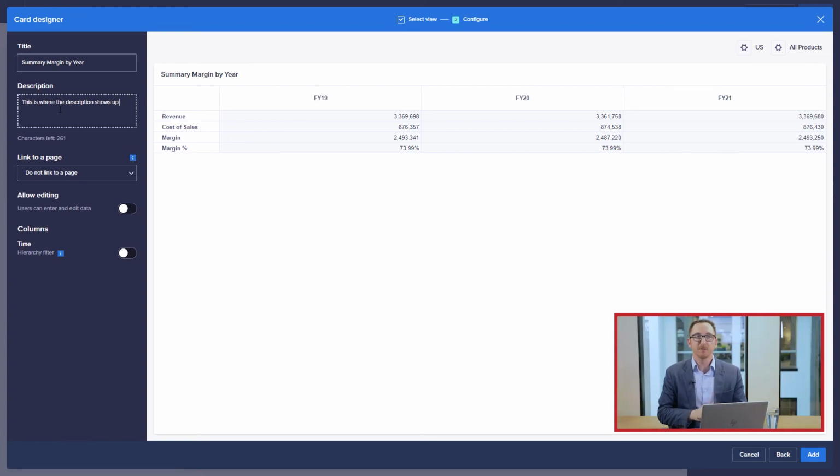The next thing you'll see below is we have a link to a page, which we'll discuss a little bit later on. We also have allow editing, and then you can see below that is the column of time. Now, when the allow editing toggle is switched on, end users are allowed to enter or edit data in the cells of the grid, as long as they otherwise have model permission to be in there. Now the new UX will actually respect any sort of security that you have put on before. So for example, if an end user was not able to edit in here, this allow editing is not going to allow them to. This is just another layer of security that we have on top of that.